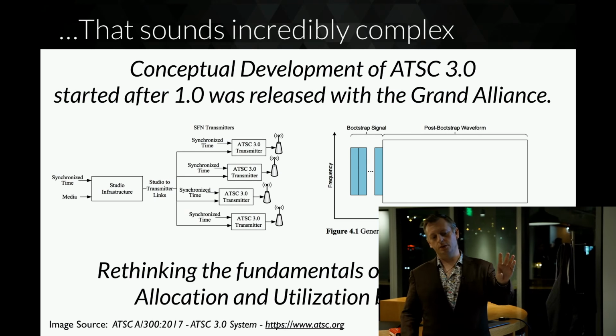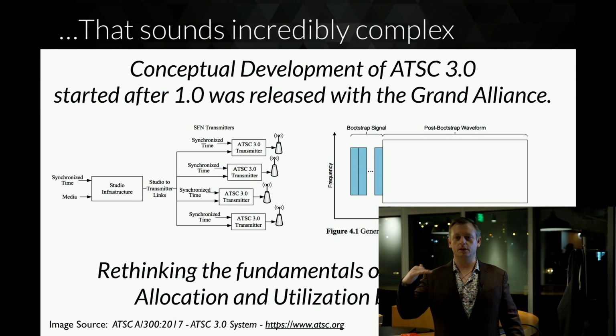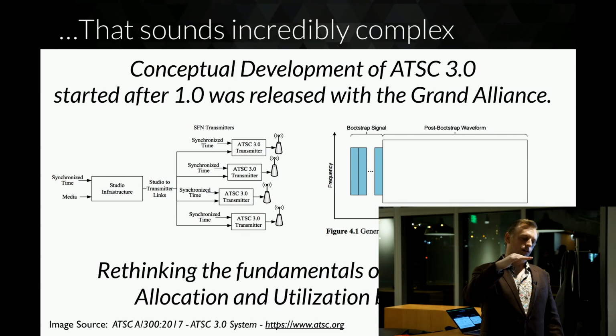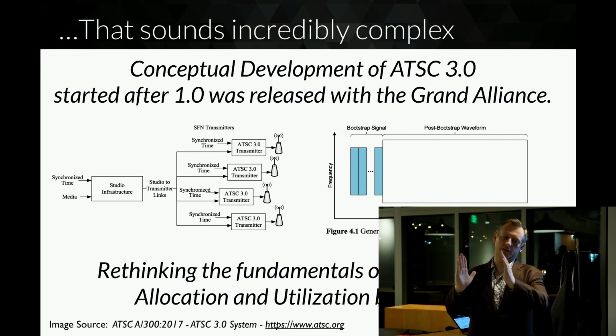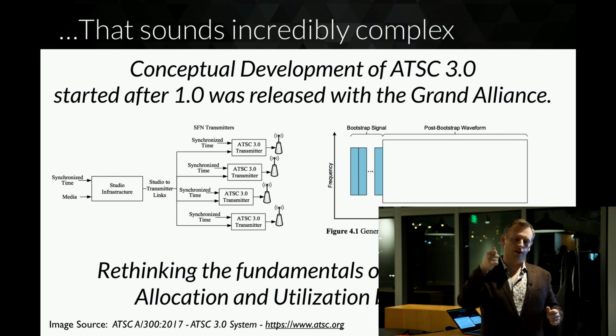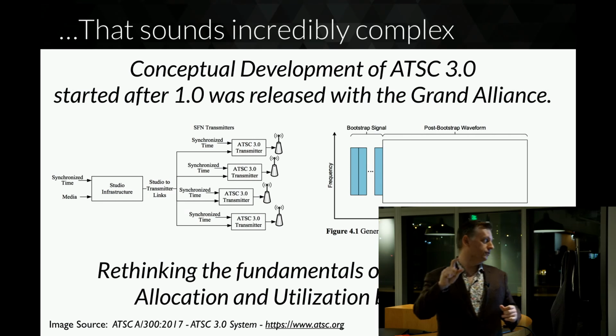FDM was those original analog phones, where if I made a phone call, it would be at this carrier and pilot. Time division was the first piece of getting the quantization so that multiple people could be scheduled on it. And then code division multiple access was the first utilization to establish a wideband channel for this.